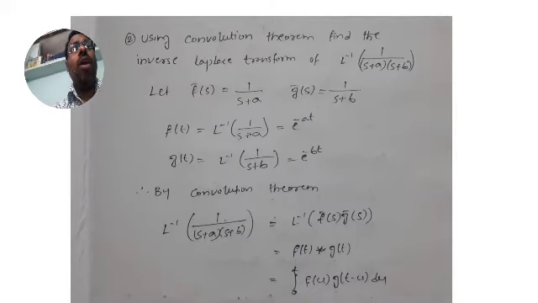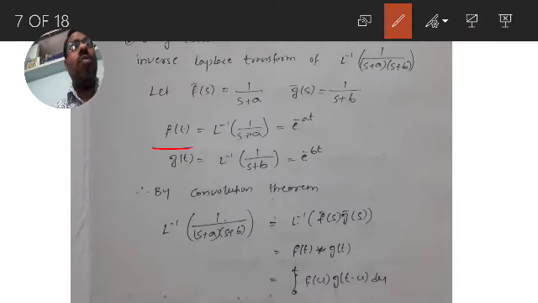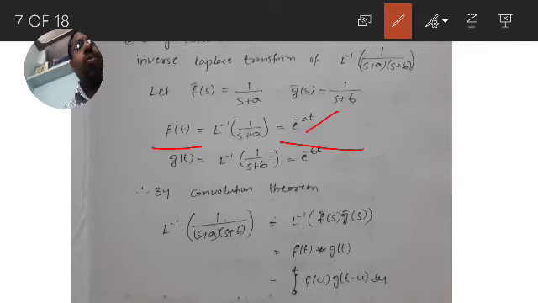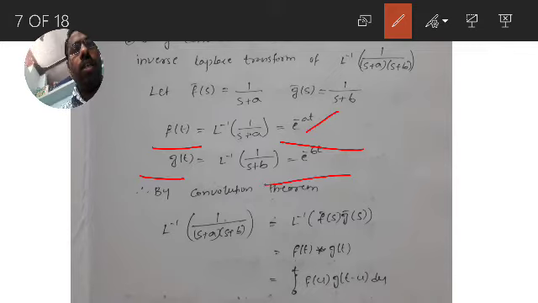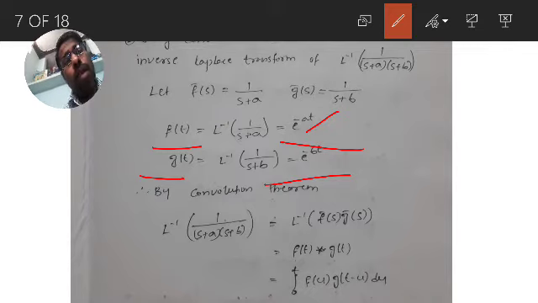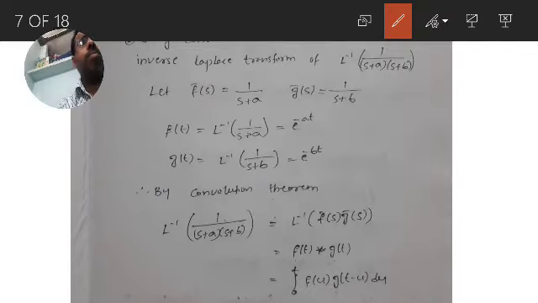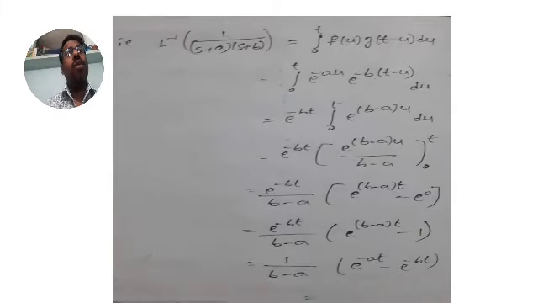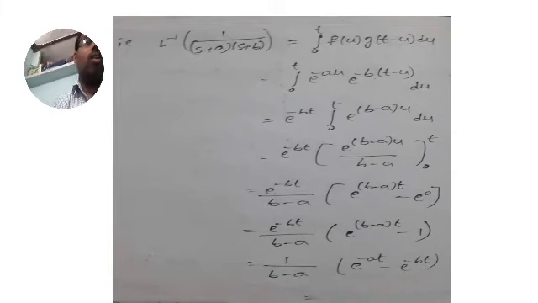We have f of t is equal to e power of minus at. What is f of u? E power of minus a into u. At place of t you have to write u. G of t you have e power of minus bt. G of t minus u is e power of minus b into t minus u. That's it. Now substitute f of u and g of t minus u in the integration part. That is integration 0 to t e power of minus au into e power of minus b into t minus u into du. That you got now.